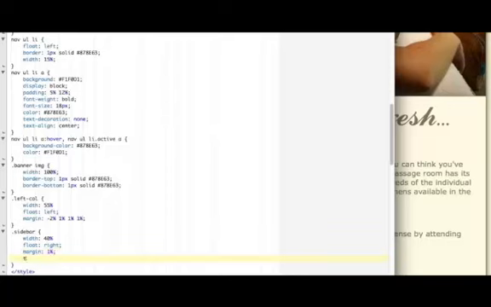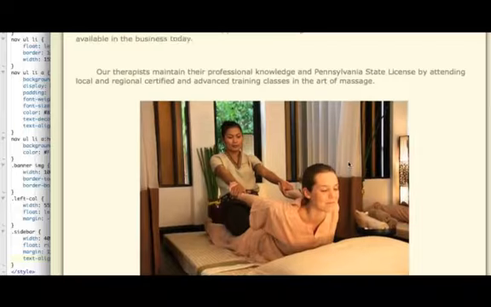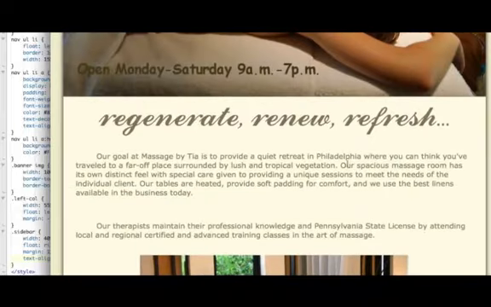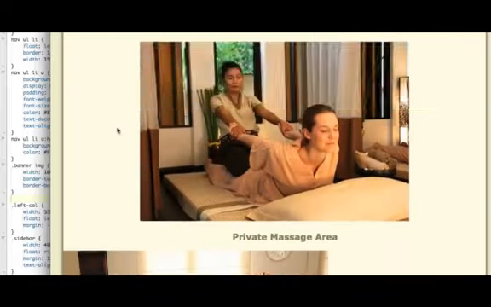Lastly, we want it to be centered in that section, so we'll give it text-align center. So something's keeping us from having these line up properly. So what we're going to do is a clear, we're going to tell it to clear both,